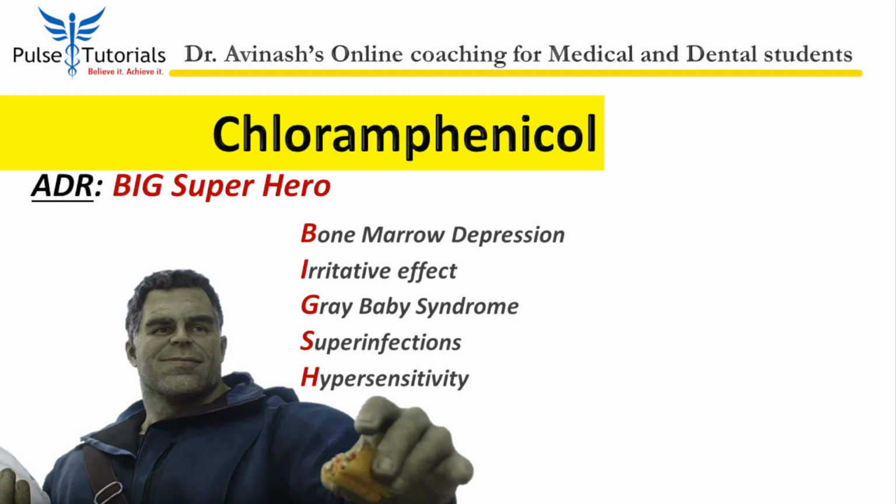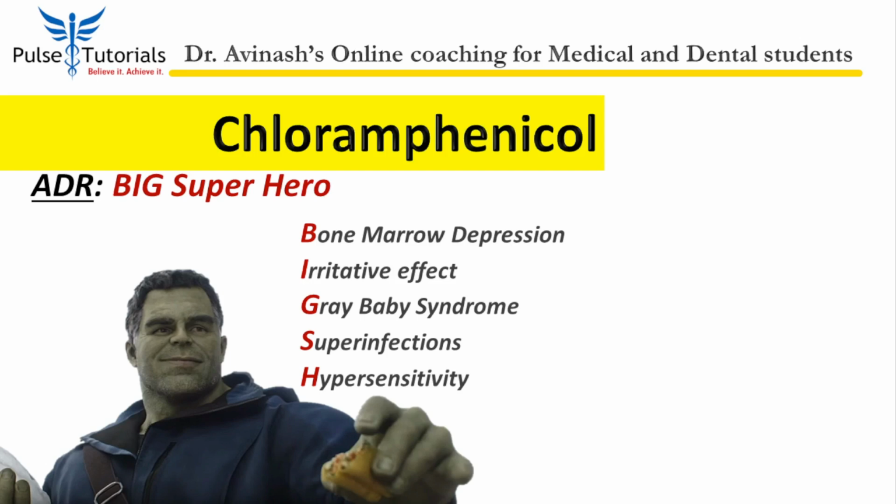The bone marrow depression also needs a little bit of explanation. Let me help you out with it. Bone marrow depression does not happen in all, but it is more common with chloramphenicol than with any other antibiotic. And it will cause depression of bone marrow, which means all blood cells, RBC will be low, aplastic anemia, WBC will be low, agranulocytosis will happen, platelets will be low, thrombocytopenia would be there, or pancytopenia in short.